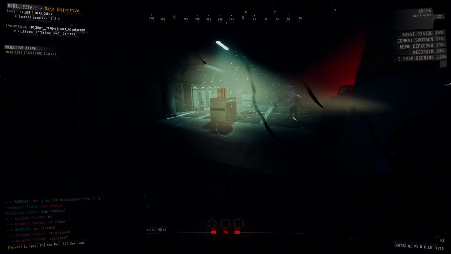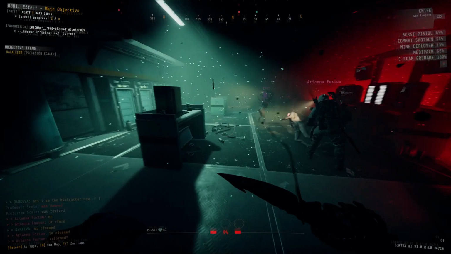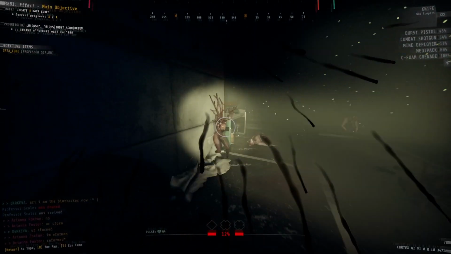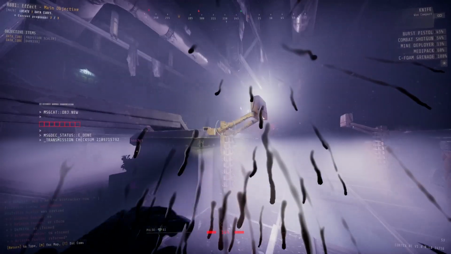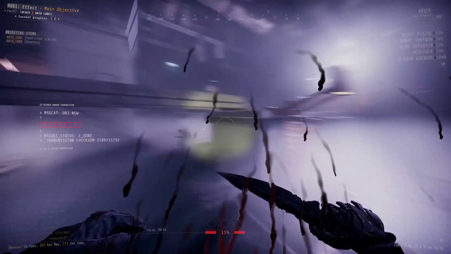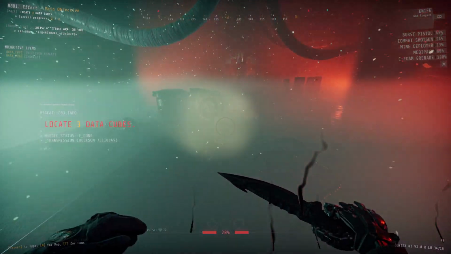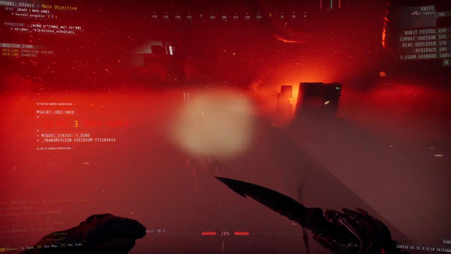Now in here, there's going to be more enemies for you to deal with, more resources to collect, and there's also going to be your second data cube you need for your objective. And once you pick this one up, you will be teleported back out into the normal reality realm, or whatever you want to call it, but then shortly after it, you're going to be teleported right back into the Nightmare Realm,